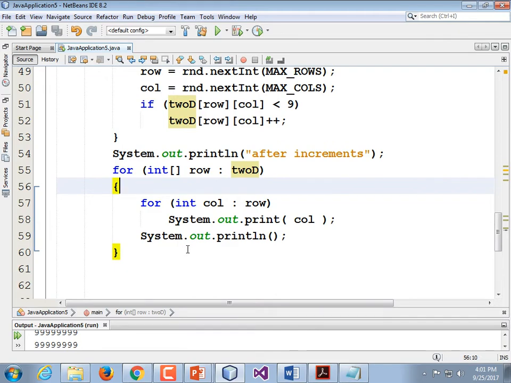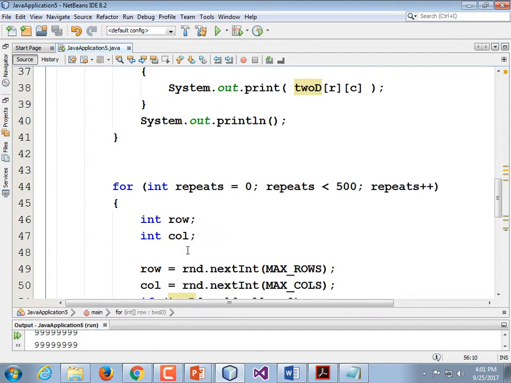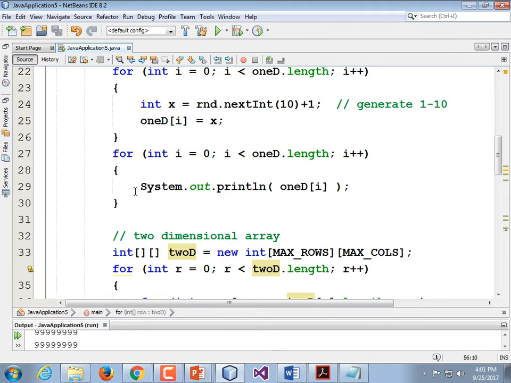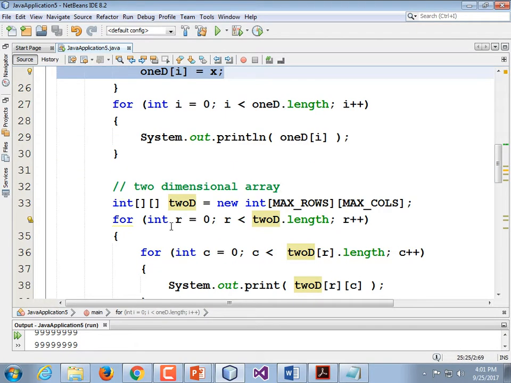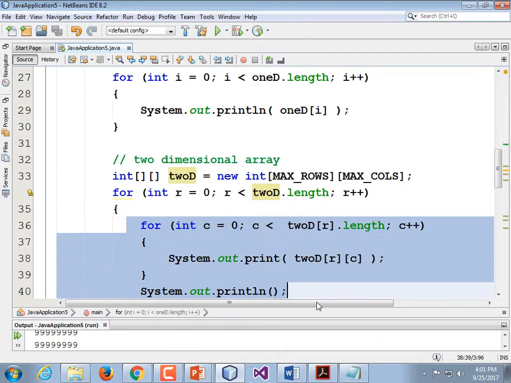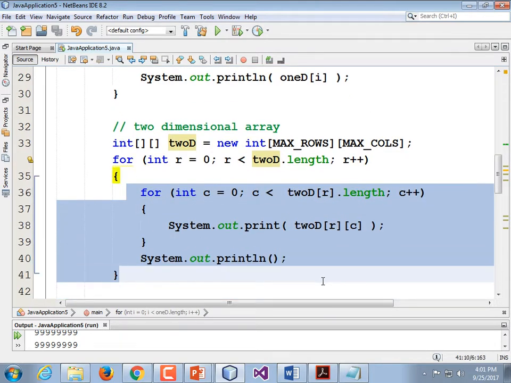All right, gang, so we have our two-dimensional array code. We could have just filled it up with random values, in which case it would look a lot like this. Generate a random number, store it in there, except you'd make a nested loop, right? You'd have to do it just like this. You could not use a for each loop to do nested values